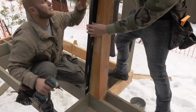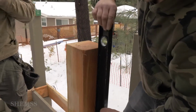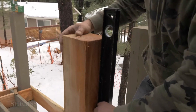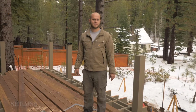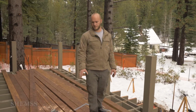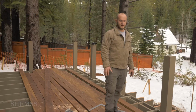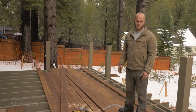As you can see, everything is by level. In this case, we didn't need to use shims, which is great. So next we have all the posts put up, all level and plumb. Now we're gonna measure out the floor, the deck, see how much material we need, space out the 2x6s correctly,